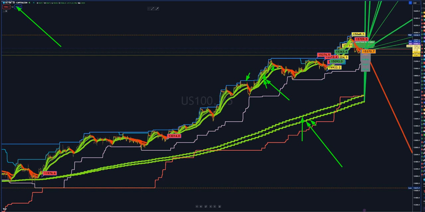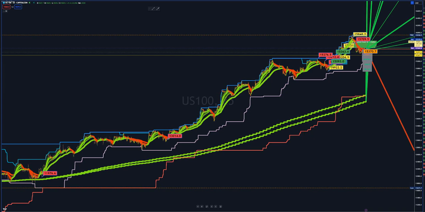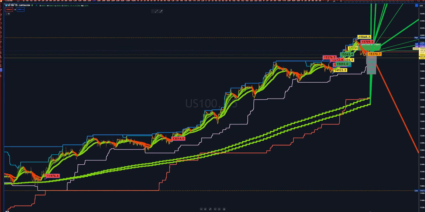It is also useful for intraday traders, or swing traders holding positions for 2, 3, or 4 days, and also for trend followers, as it is very, very important to know in which direction the market is moving. So now if we break it down,